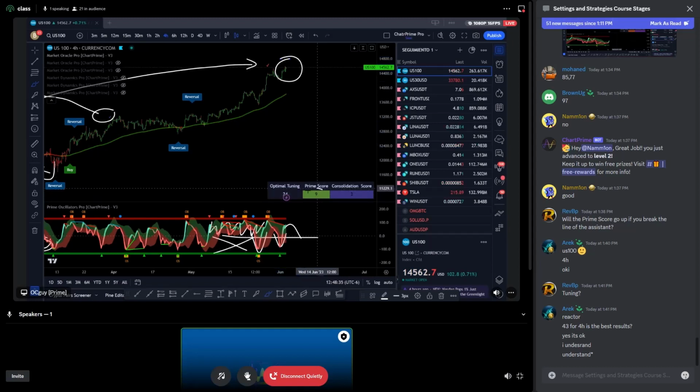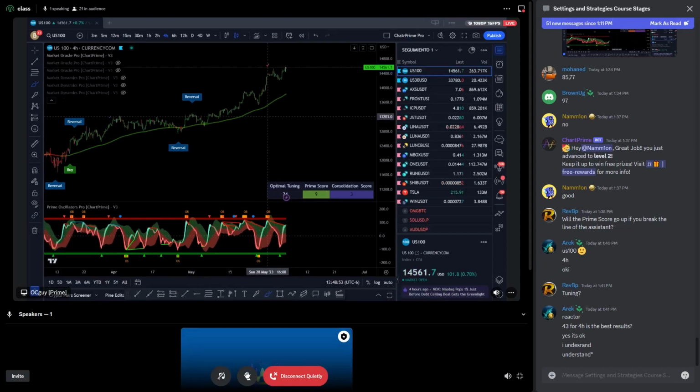So far, our prime score says that we're bullish, and we are going to continue being bullish until we break through that dynamic reactor, correct? So again, not because we're bullish are we going to be longing the top, right? We're going to be longing the retrace and the pullbacks and crazy support, correct?